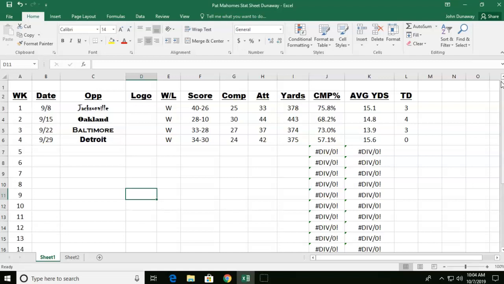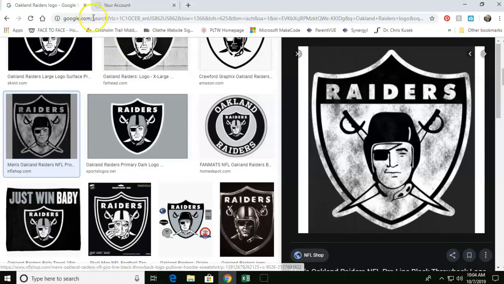Anyway, this is another fun video, I hope, because we get to bring logos in. This gets a little bit tricky, and I've had some issues with it doing what it's supposed to do, so bear with me if it doesn't go exactly as planned, but I'll show you a way where we're going to be able to insert logo photos into this cell in column D that says logo. So what you will need to do is open Google